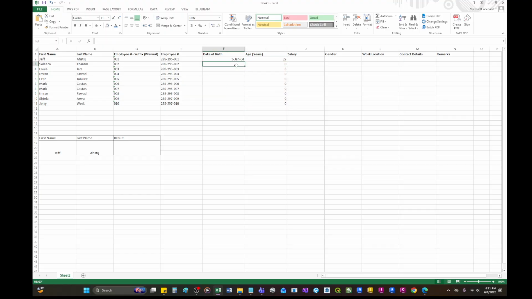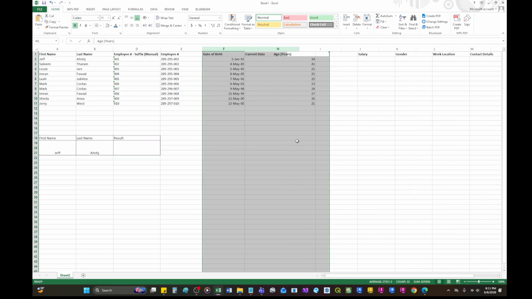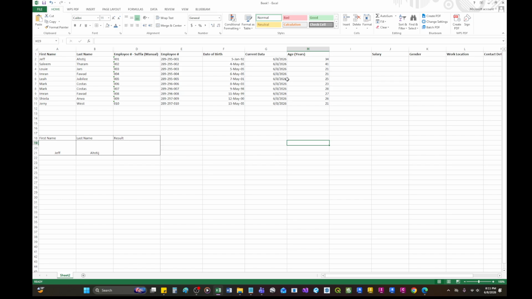So let's say date of birth is June 25, 1995. So automatically this will be computed. Okay, so I will just retrieve the dates. Insert. Just tell me if I'm going too fast. Okay, it's fine. This is the current date. I will explain later what I did for this to work automatically.